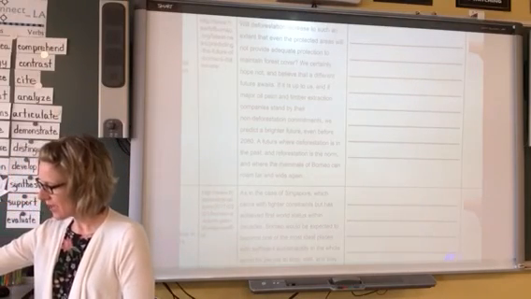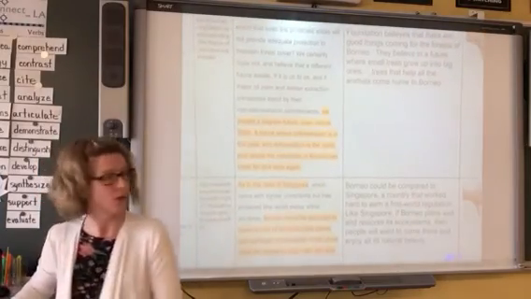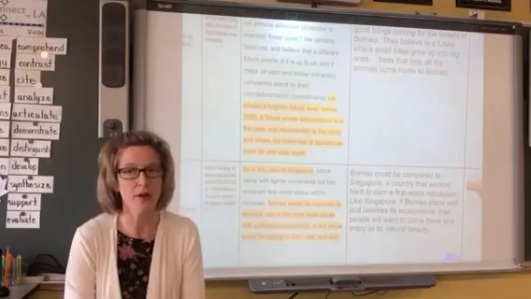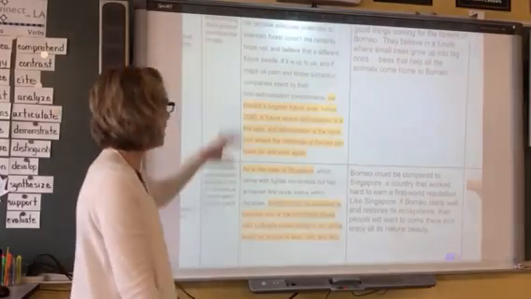All right, let's go ahead and look at what really kind of is set apart as the happy, hopeful part of the text